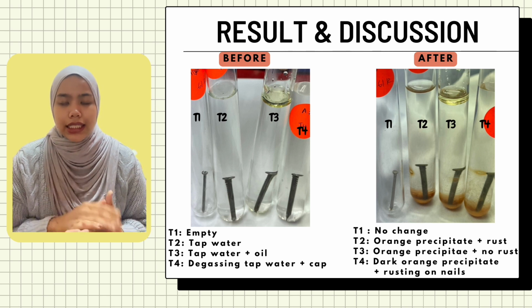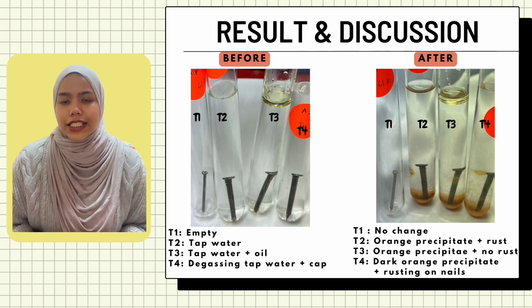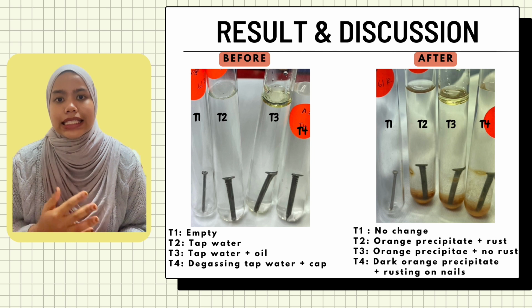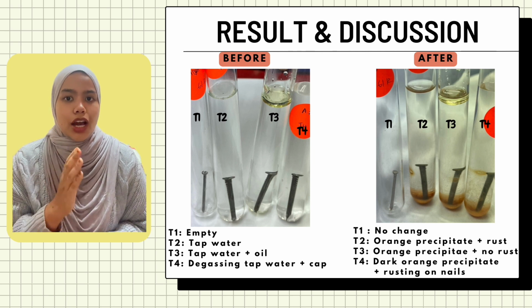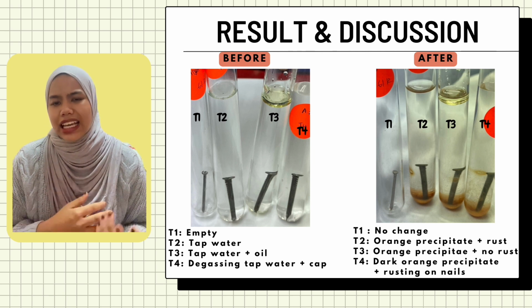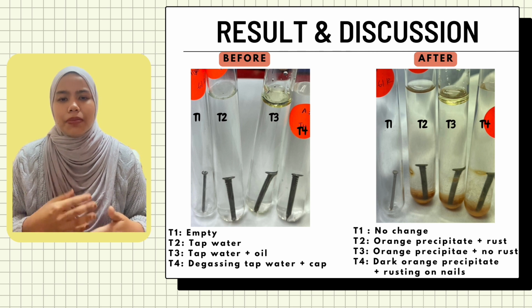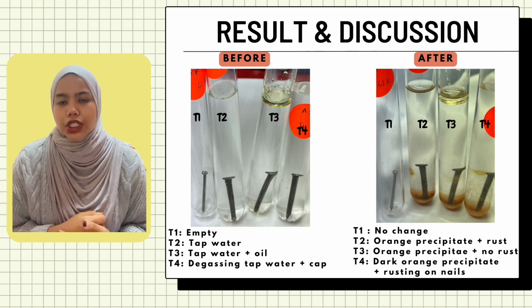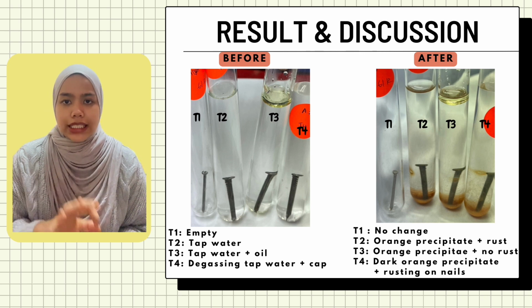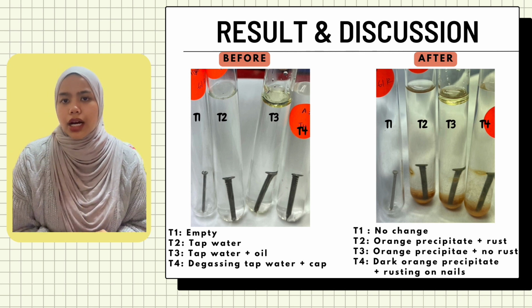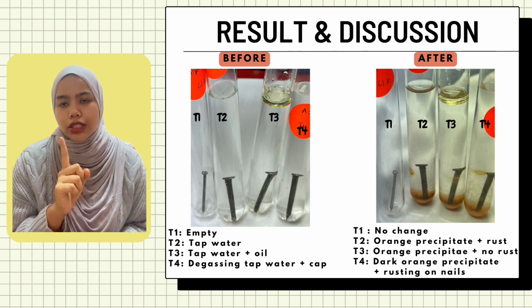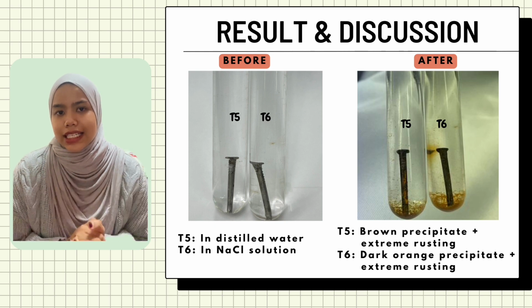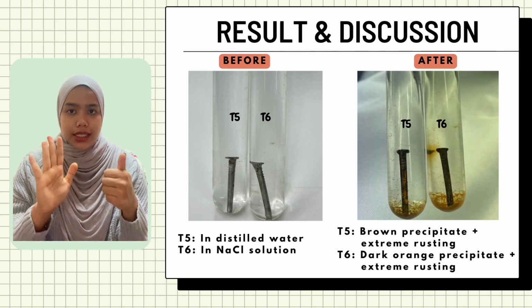At test tube number 4, the nail is beginning to rust and the solution is turning yellow as it is submerged in the deoxygenated water. If any oxygen is still present in the water, it may slightly speed up the rusting process. So the levels of corrosion for the third and fourth test tubes are level 1 and level 2 respectively. Okay, next we will see test tubes number 5 and number 6.